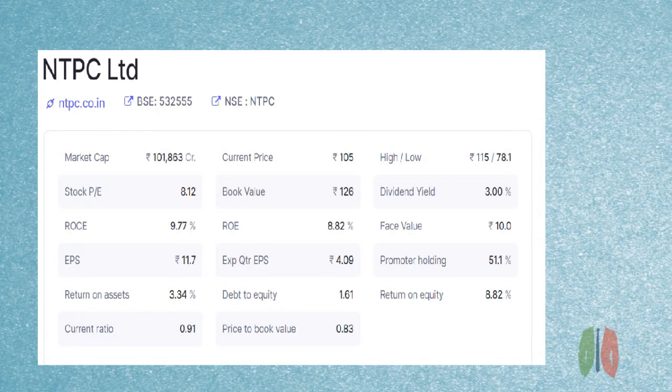If the NTPC company is dissolved and all the assets and liabilities are liquidated, the shareholders will be getting rupees 126 irrespective of the stock price. It means if the current stock price is 2 rupees or 3 rupees, at the time of dissolving the company, the shareholder will be getting a value of 126. This will be changing year after year. So these are some of the ratios.